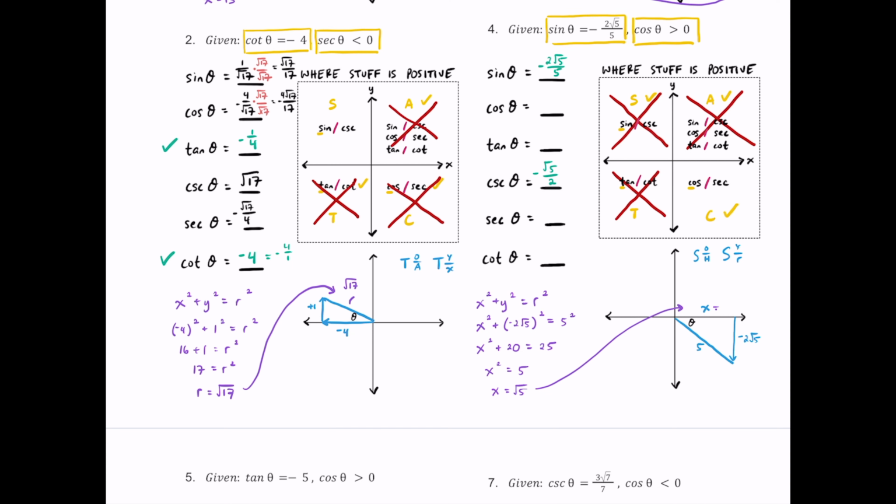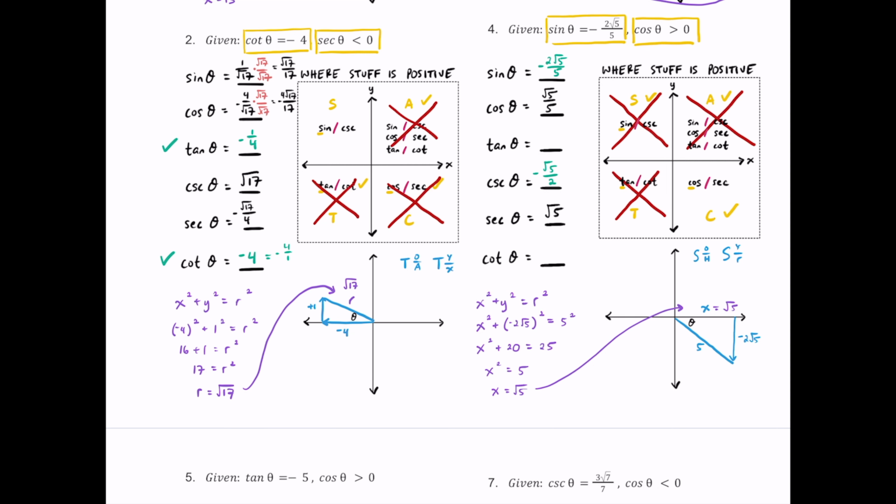and that's going to be positive, so it's going to be positive root 5. And so for cosine of theta, that is going to be the adjacent over the hypotenuse, or x over r, and so that's going to be root 5 over 5. And then for secant of theta, its reciprocal, that's going to be 5 over root 5. But keep in mind, we have to rationalize that, so we'll multiply this by root 5 over root 5, and if we do that, we're going to get 5 root 5 over 5. But if we cancel out those 5s, this is just going to simplify down into just being root 5. So let me just go ahead and clear this out and just write down root 5